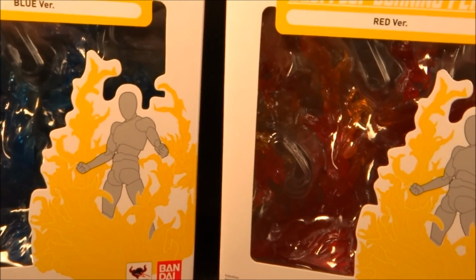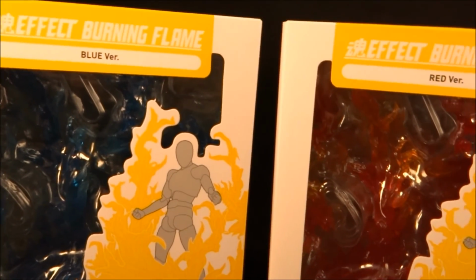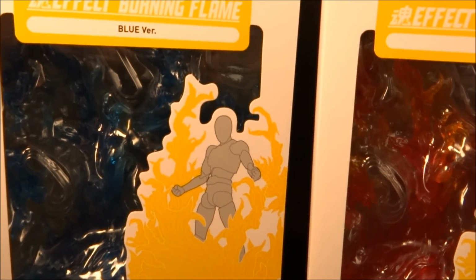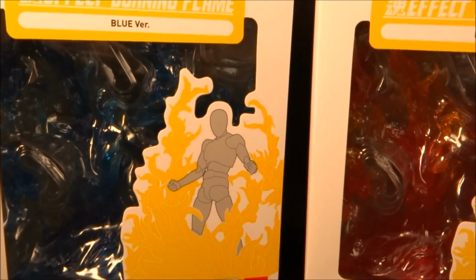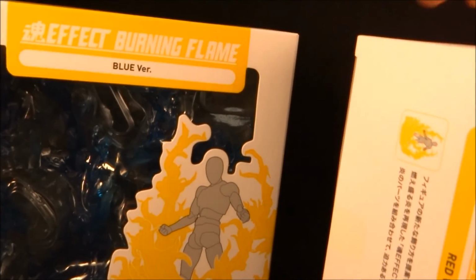Alright, so we got some new game changers in here. The Tamashii Nations blue and red flame effects. I've been geeking out over these things since I saw the little test shot for them. I think it was a year ago, but they're finally here, and I think these things are going to go crazy